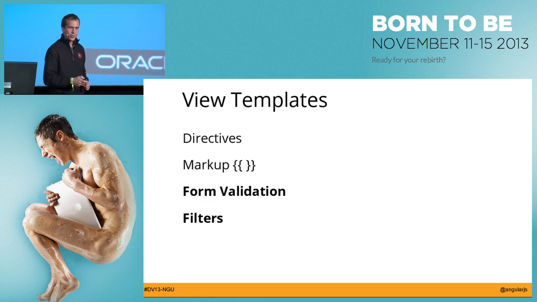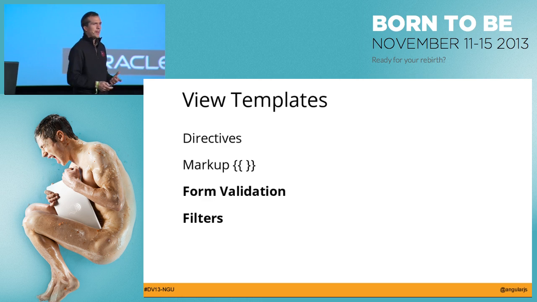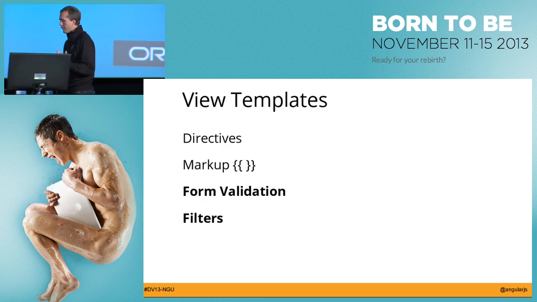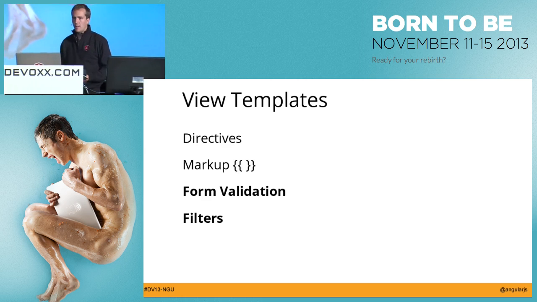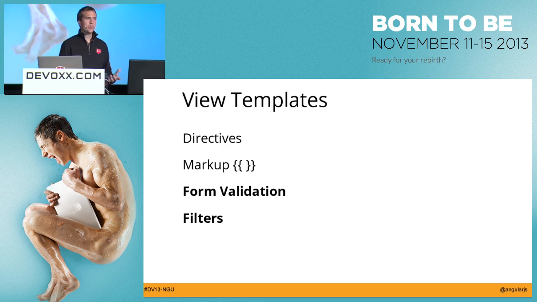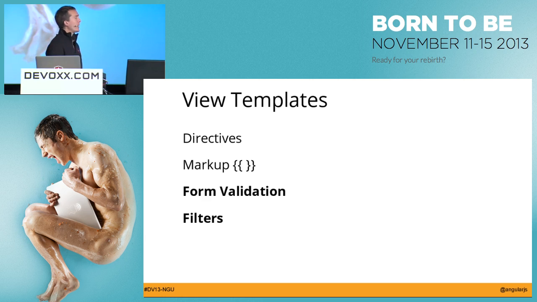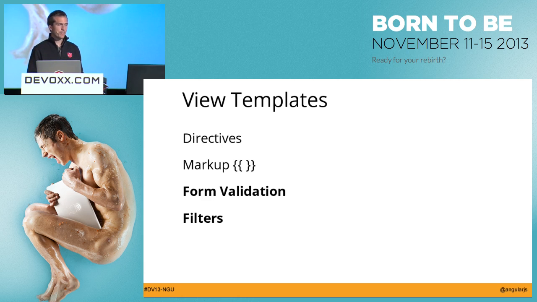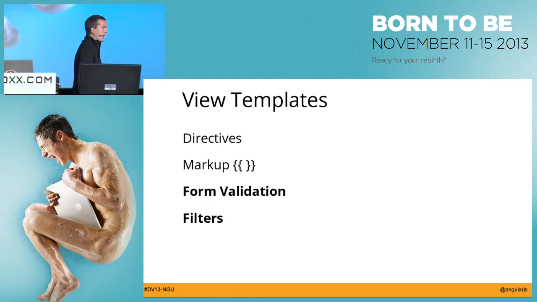So directives, we've seen using the markup. There's a couple other components that we provide. One is form validation. I won't go too much into that today, but Angular has a pretty rich environment for saying what is a valid, what's a dirty state on a form, what are error states, and highlighting to users things that they need to fill in. We also have this clever little thing called filters,